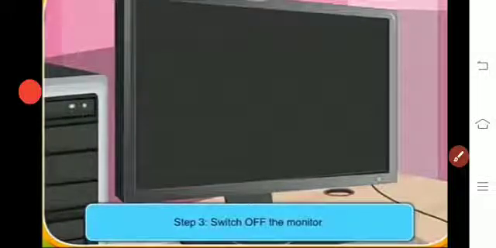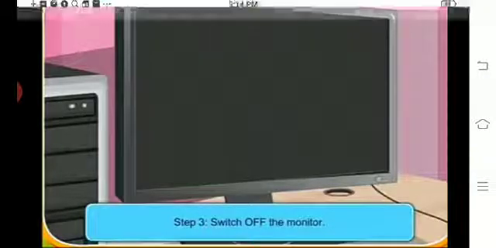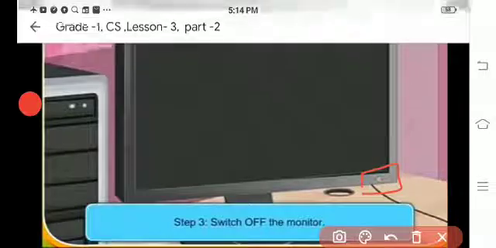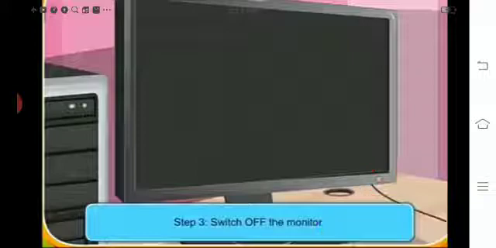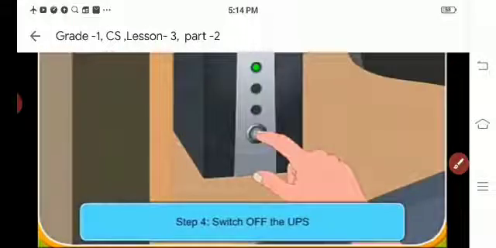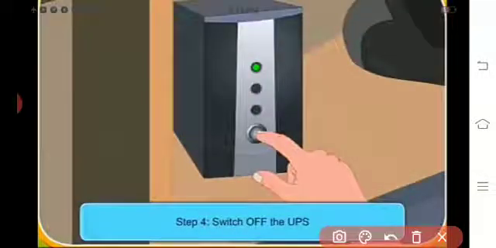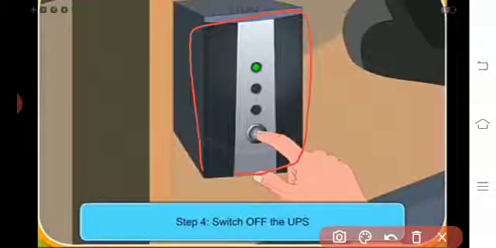Next, you want to switch off the monitor. Here is a button. This is the monitor button. Then switch off the monitor. After that, you want to switch off the UPS. This is the UPS.